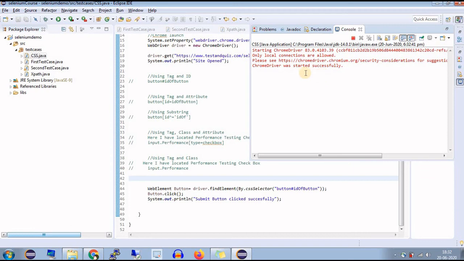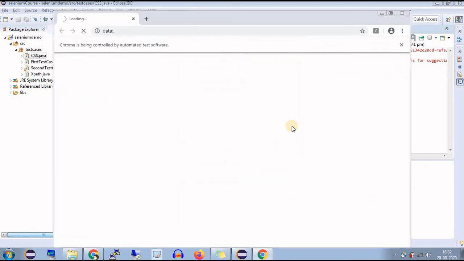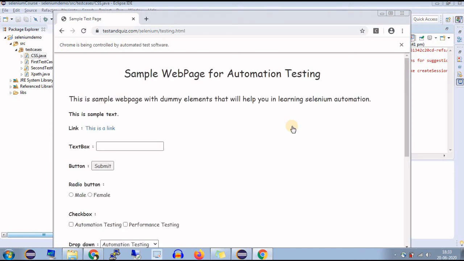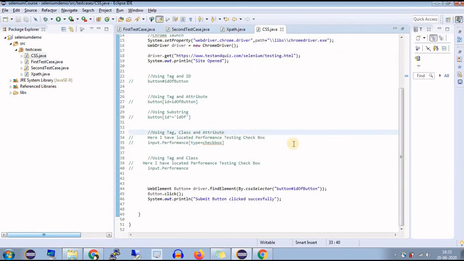Okay, the Chrome driver has started successfully, and here is the Chrome browser launched. Okay, and the submit button is successfully clicked. You can also read that message in your console. Let me show you the console.